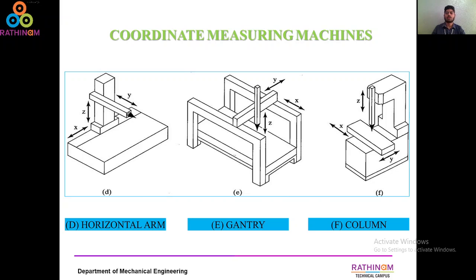Previous types of CMM tables had only one type of movement, it may be an x direction, it may be a y direction. But here in the column coordinate measuring machine system, the table has two movements, x direction and y direction. The remaining z direction is taken over by the probe, which is fixed over the column. The column is holding the probe, and the tip attached to the probe is going to inspect the component, which is placed over the moving table. Okay,